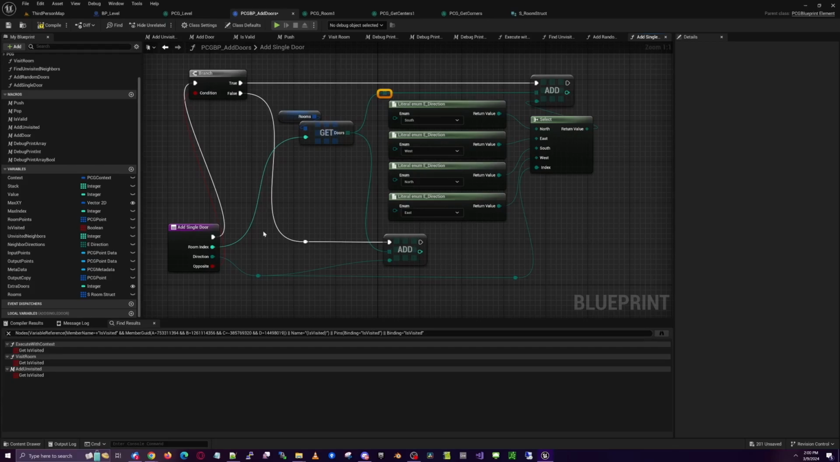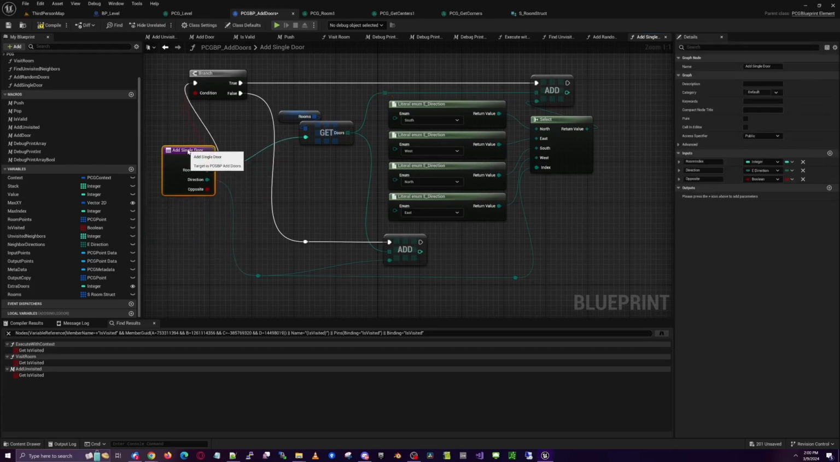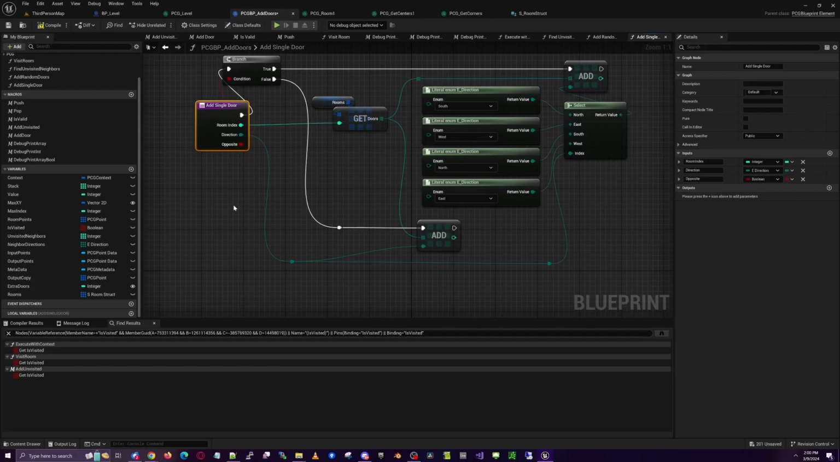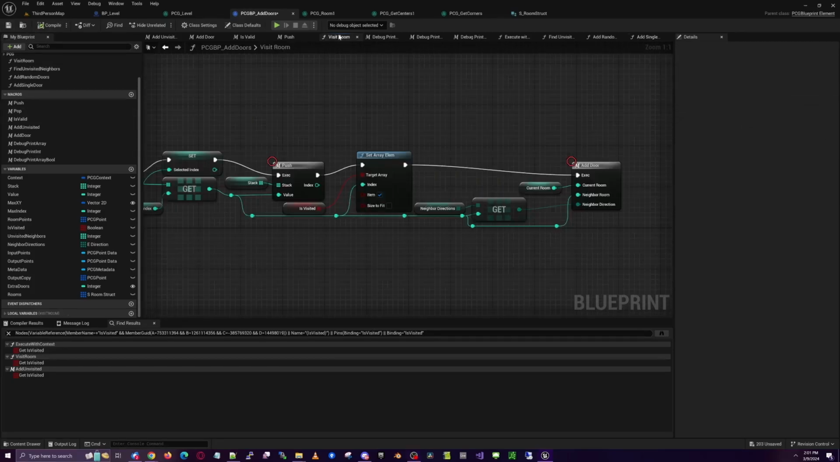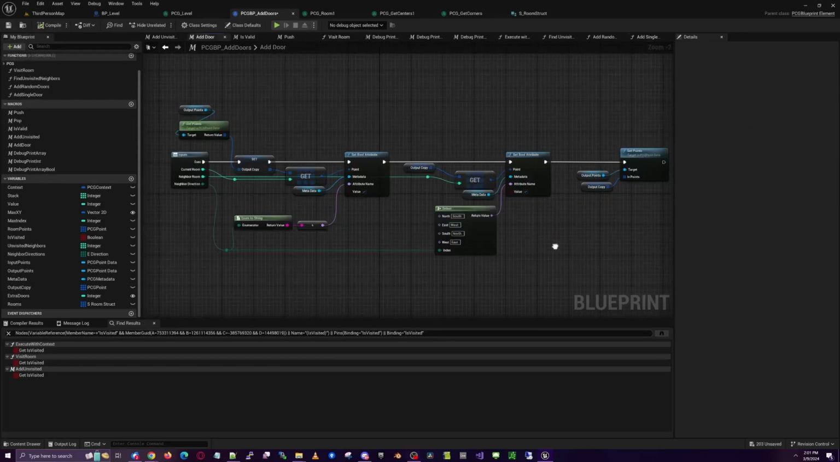That looks a bit better. Unfortunately, it's not possible to have this with no crossing lines, but at least that's a little more clear. File and save that. Now if we go back to visit room and into add door, we can pull out